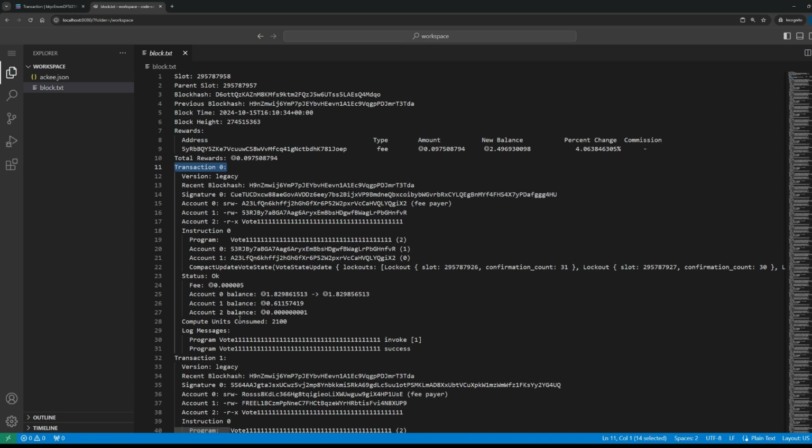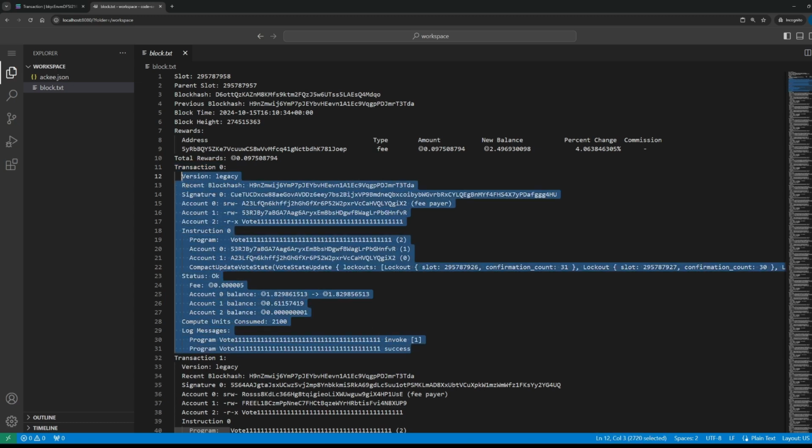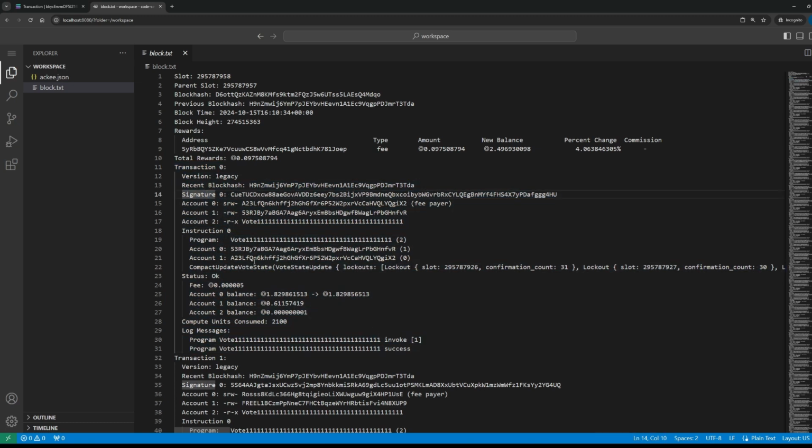For now, you probably won't be familiar with the output or with the information here, but you can see, for example, here is instruction 0 that is within the transaction, and you can see it invokes the vote program. So this is actually a voting instruction or voting transaction.